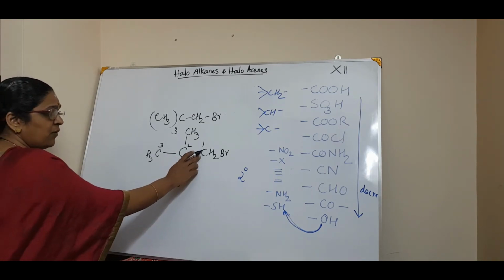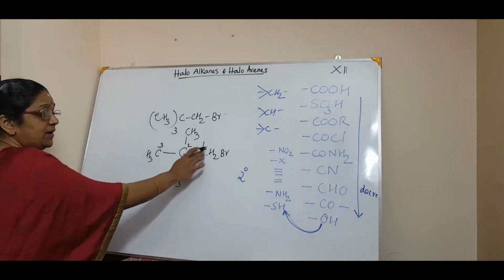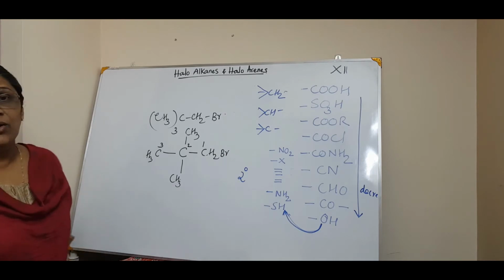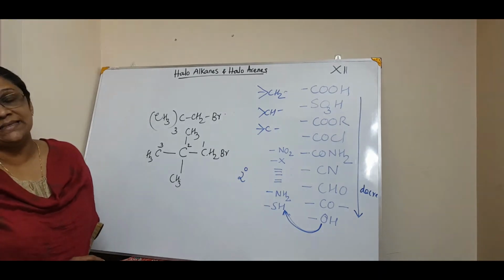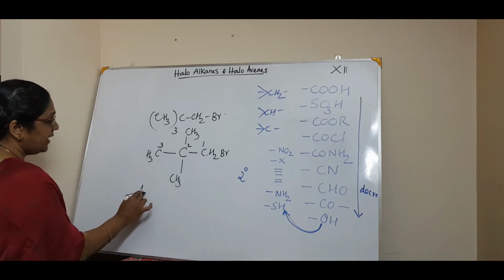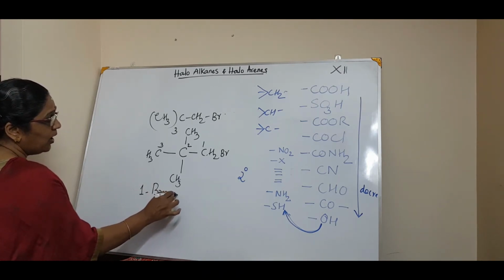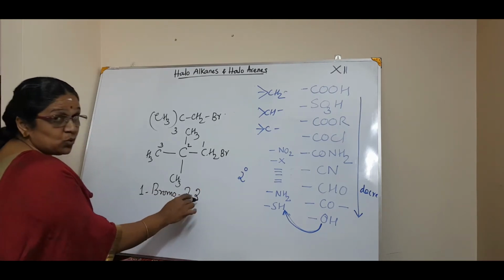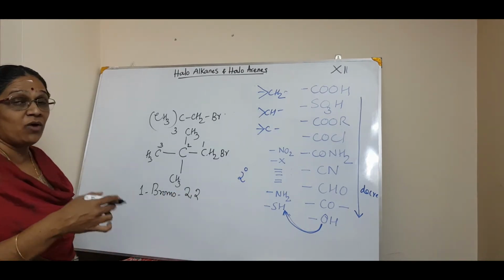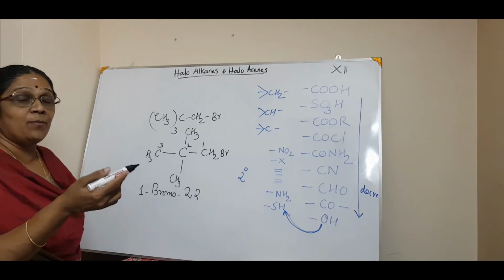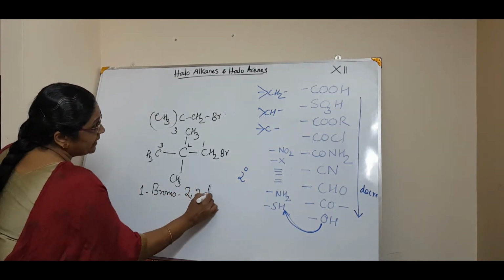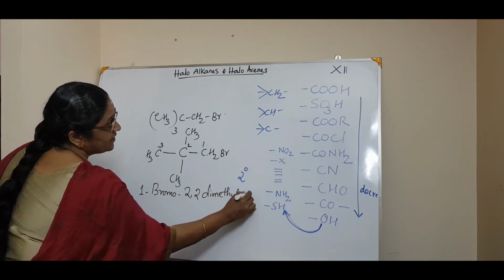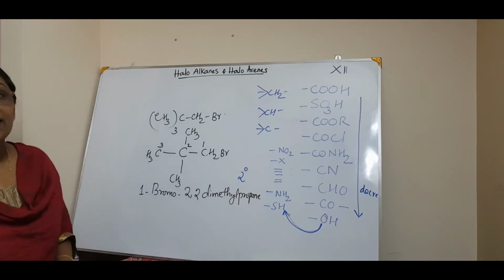Tell me. 1-bromo, isn't it? 1-bromo, then 2,2-dimethylpropane, isn't it? 1-bromo-2,2-dimethylpropane. Then how will you write? 1, hyphen, capital B? No, bromo is small: 1-bromo hyphen 2 comma 2. Yesterday I told you, if there is more than one number, it will be separated by a comma. Then dimethyl, the D is a small letter, dimethylpropane. See? This is how you write the IUPAC name.